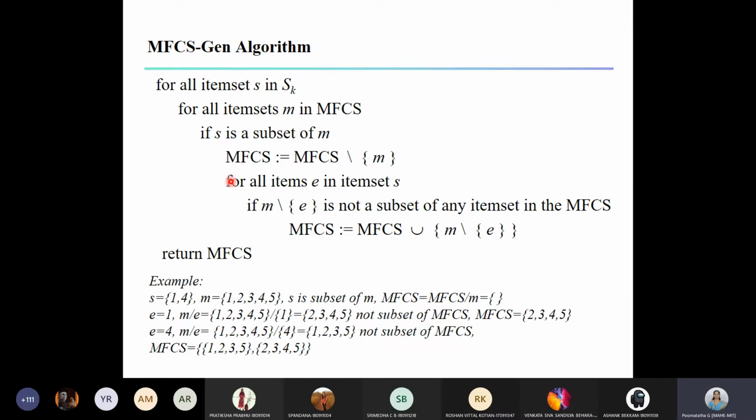After this, we have one more for loop here. Please note, these are all happening within this for loop. So after we do this step, then we come here.